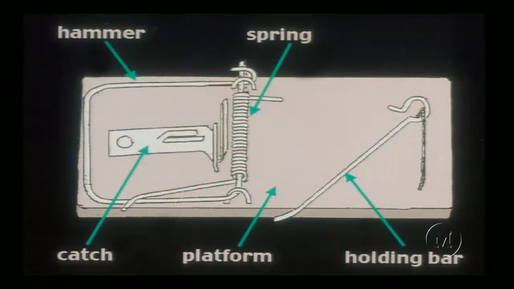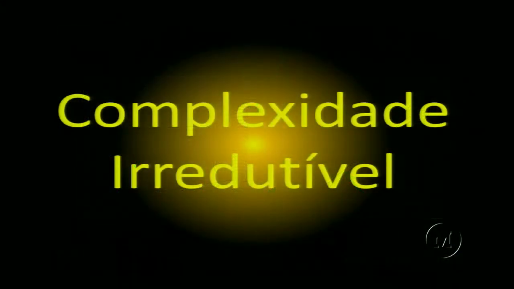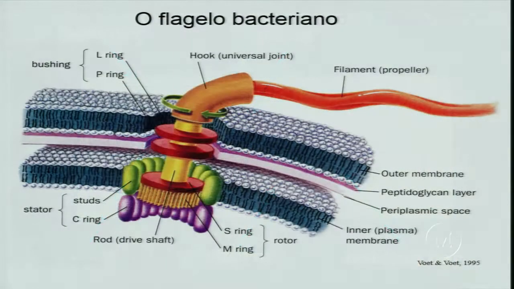It's got a propeller, and it's got a universal joint and drive shaft, and many, many other parts. So it's a big challenge to Darwin's theory. And in fact, if you look in science journals, in books, in all of the scientific literature, there is no one who has even attempted to explain how a Darwinian process could make such a machine.